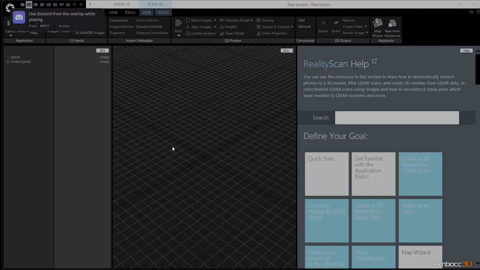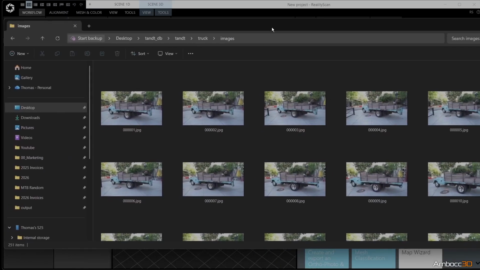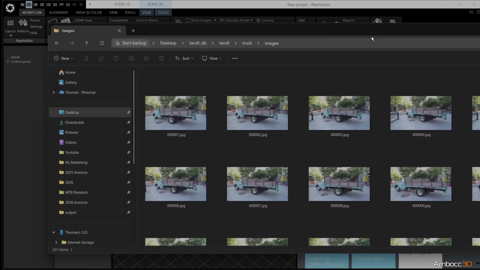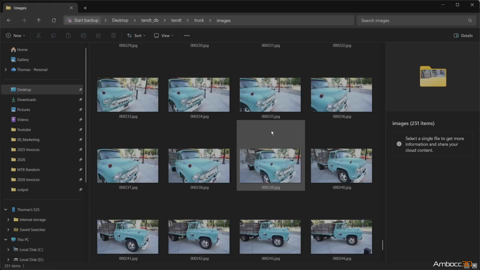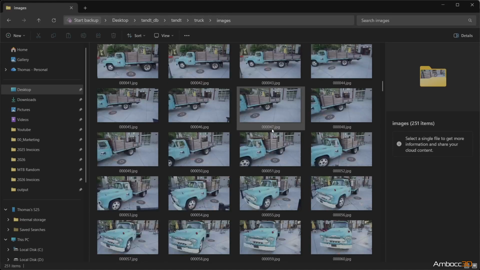Now what you want to do is grab a set of images that you have. Just grab the entire folder and drop it into this window. So let me bring up the set of files that I have. So these are the images of the truck that I have. There's 251 images here. So we're gonna drop that into the program